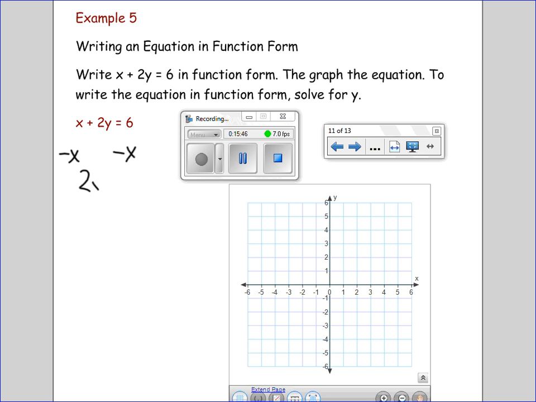So now we have 2y is equal to 6 minus x. Next, we'll divide each side by 2. Y is equal to 3 minus 1/2 x. And then putting it in proper order,